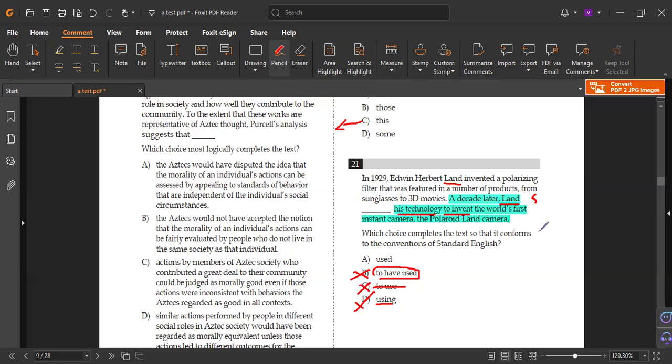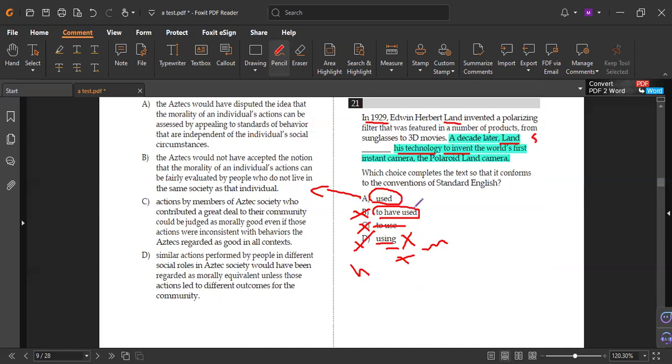Let me think in another way. If I said Land using, or Land is using, was using. So this is the main verb. Okay, where is the helping verb? So Land was using, Land has been using. So the verb is not complete. So this is wrong. So use the here. Why is used correct? Because the verb phrase is complete and it's past because the content is past. That's it. Feel it? That is brilliant.